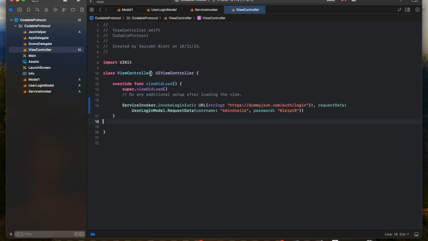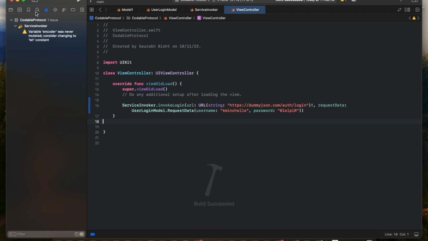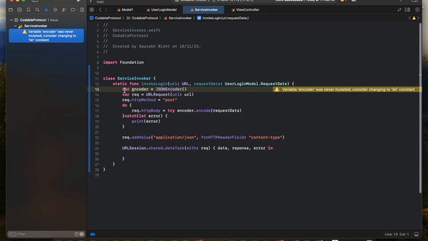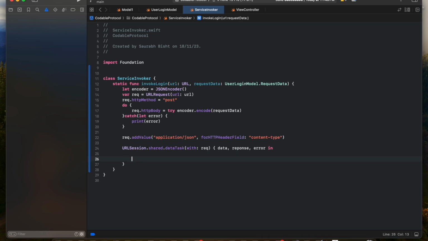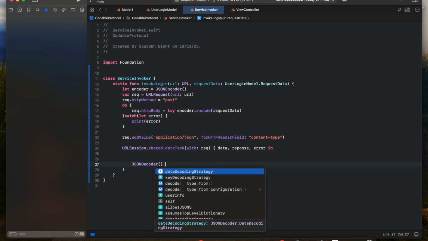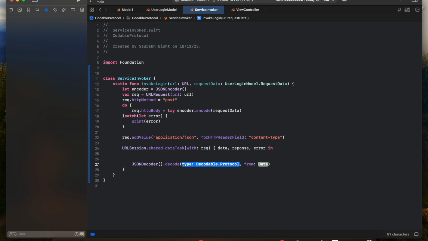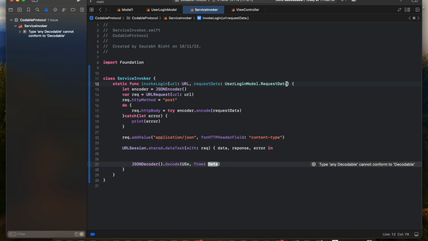Okay, let me compile this. Everything's okay. So let's go back here in the URL session. And now here, once we get the response, what we have to do is, like we did the encoding here, we have to do the decoder. We have to decode the response here. So for this, we'll be using JSONDecoder.decode,